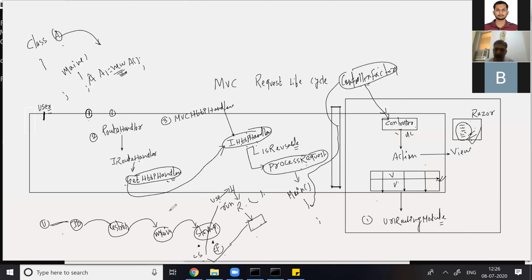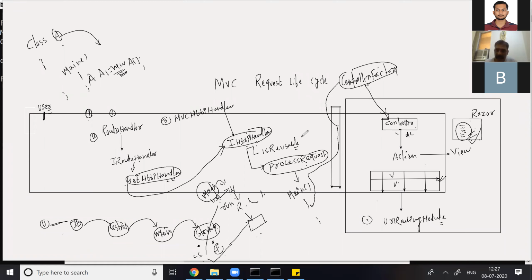It means if you go for map, by the map we can make our own URL for my function. Map is basically inbuilt middleware. There we can define the URL for having my function, otherwise the function is at controller level.